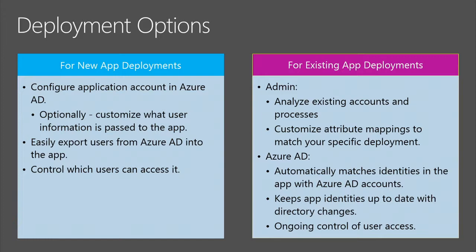You'll need to scrutinize the accounts that already exist in Salesforce, figure out the provisioning practices, that is, that individual who was creating manual accounts in Salesforce, how they created the username, is it related in any way to the actual user's information, which other information did they provision. You'll figure all of that out because you'll want to adjust the attribute flows in order to match it. Once you do all of that, you enable it, just like in the new service option. And those accounts that are there will be automatically matched to the Azure AD accounts based on the rules that you set up. From there on, that's it. It's managed. You're in control, or the person responsible for that application is in control. You can move on.